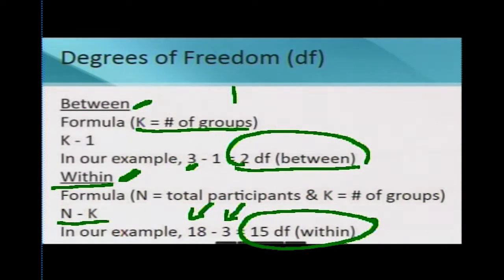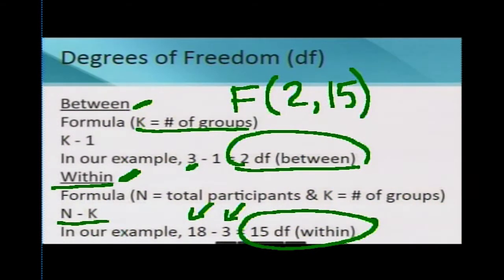Now, the first part of writing up the equation looks like this. We put these different numbers in parentheses to help us communicate the results of the ANOVA that we're conducting. When we begin to write this up, we report the degrees of freedom in parentheses; between goes here, and within goes here. That helps us identify the degrees of freedom between and within.